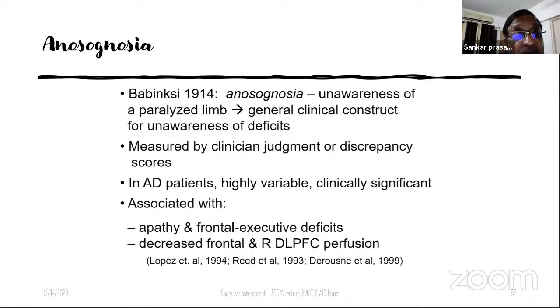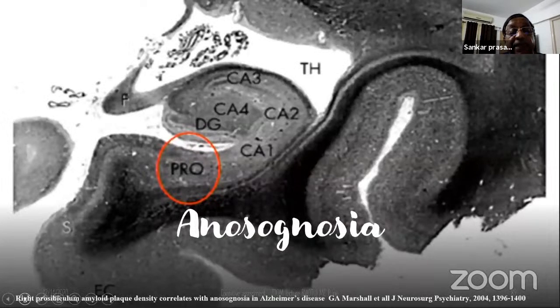We have to look for anosognosia, and it may be associated with apathy and frontal executive deficits, and there may be dorsolateral prefrontal deficit in perfusion in cases of strokes that also can cause anosognosia. So again, the prosubiculum is an area in Alzheimer's disease where a lot of neurofibrillary tangles accumulate and cause anosognosia. So anosognosia is an important aspect, and this diagram I request all the students to memorize